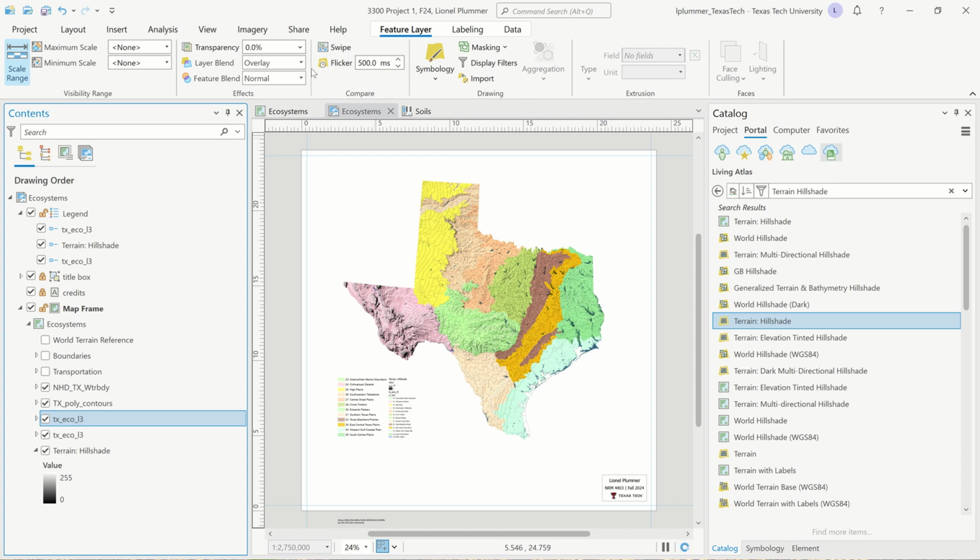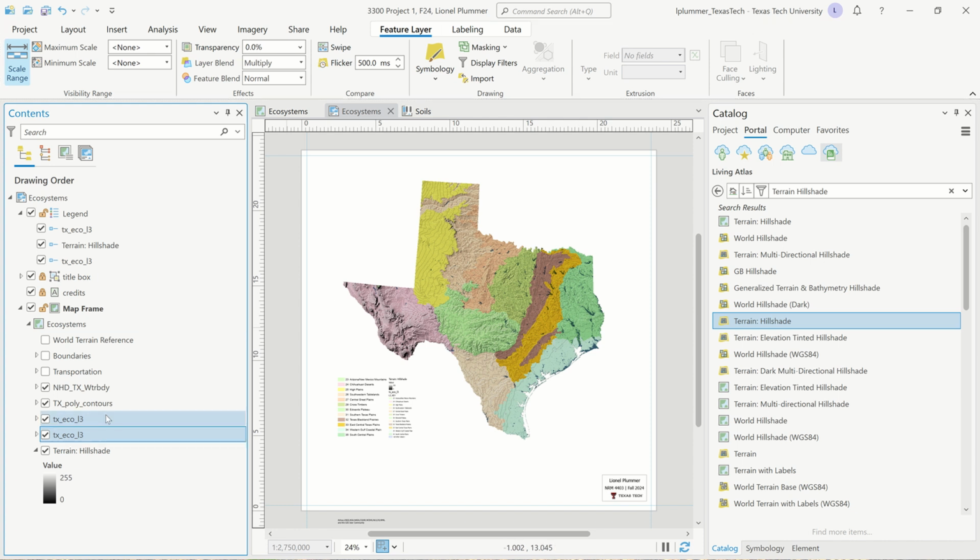Now for me, it's a little too rainbow bright, so I'm going to give it like a 35% transparency, and I think that looks better. Okay, now I'm waiting until the end to do the labeling because that takes a lot of drawing power from your computer. So if you're wondering about that, these features will be labeled, but we'll do that last. Okay, so we've got our water bodies,